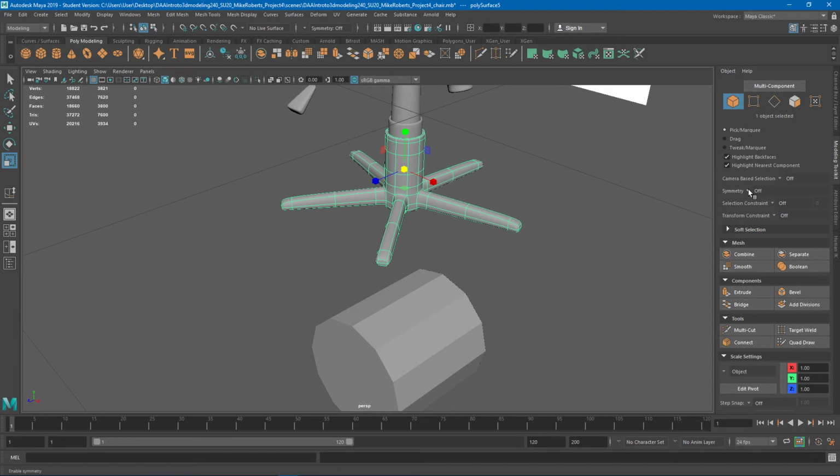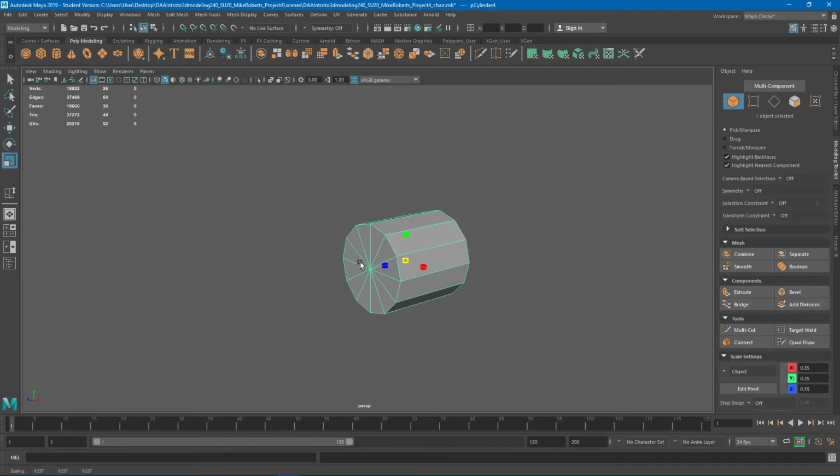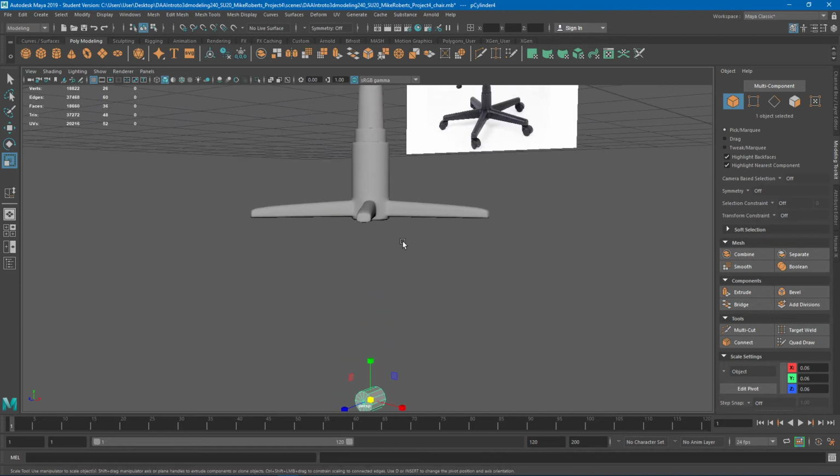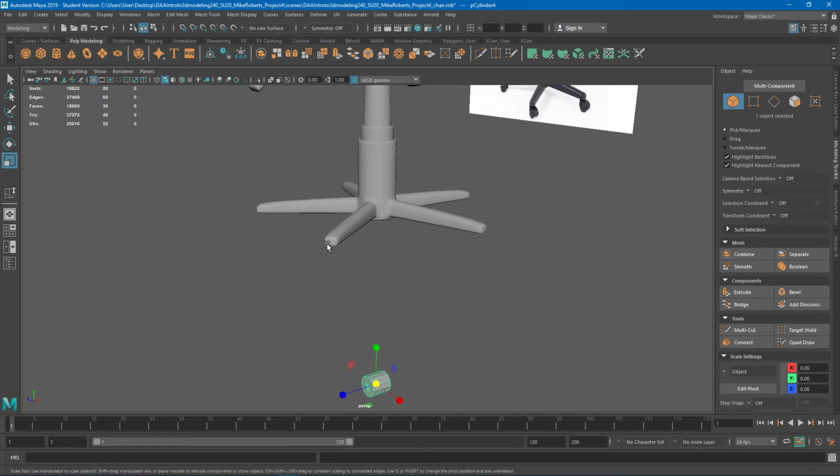So symmetry just is going to make all kinds of problems. So usually you should not have symmetry on when you're working with this. And I know I talked about it in the previous video. Just kind of trying to remind you guys about that. So we'll scale it down. And it's okay to have our wheel down here, right? Because we're going to make the wheel, and then we're going to move it here, and then we're going to